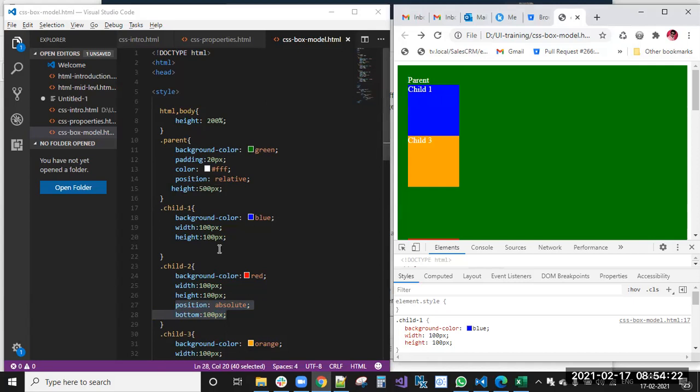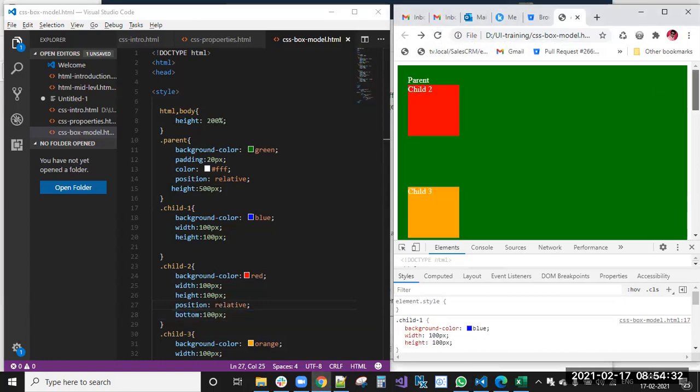This is the difference. If I'm applying position relative here, you can see what will happen, and you can play with this also. Position relative, bottom 100 pixels. Exactly this position, child 2's position is this one.